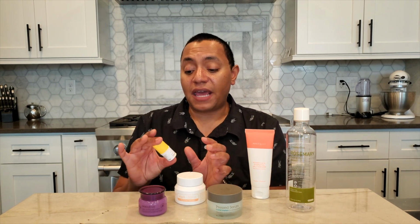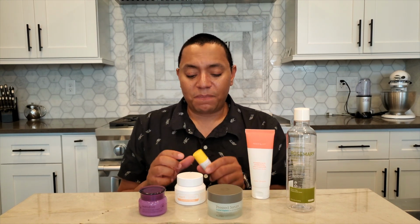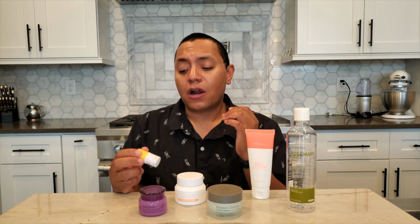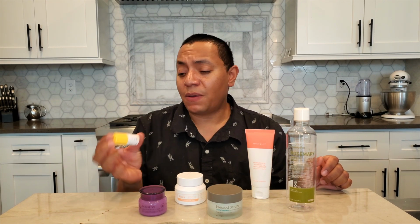This was really good at what it does, and it does what it claims to do, which is offer some hydration and nourishment when it's on. But especially if you're out in the sun for extended periods, you might want to put some sunscreen on your lips on top of it, or something just to provide you some protection. I don't think I'd be coming back to this. I think it was $18 for this little guy, whereas my current lip balm